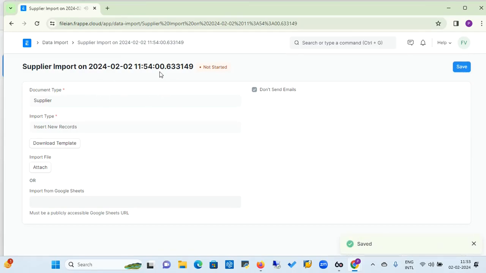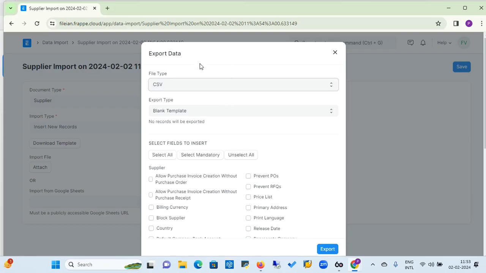Now you will land on a supplier import activity doctype, where you will see that there are two options available. One is you may download the blank template, or you may directly attach your template from the attach option. If you click on download template, then the export data dialog box will open. You can get the overview of the export data dialog box, where you need to select the file